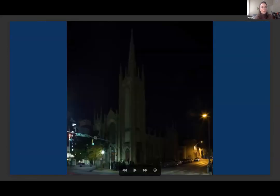Our third stop was the Seventh Baptist Church on St. Paul and North Avenue. A beautiful building. I'm sure many of you who are architects can appreciate what is unique about this space and what deserves to be honored here. And you can see that at night, again, the majority of the church is really completely in the dark, in spite of the relatively bright street lighting